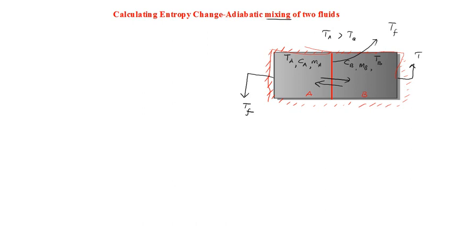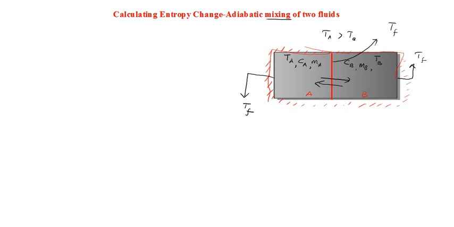For this problem, instead of removing the partition, you can imagine that you have just made it conducting, diathermic. If it is liquids, there is no problem because heat will get transferred. Making the partition diathermic is enough, as our aim is to study the heat exchange. So the temperature of B will be increasing to TF from TB.